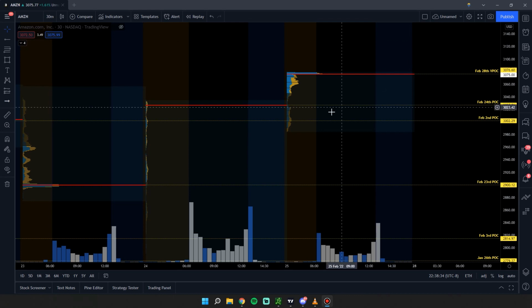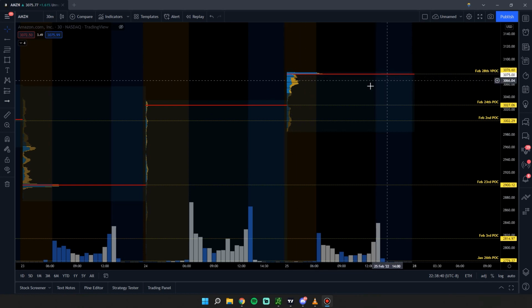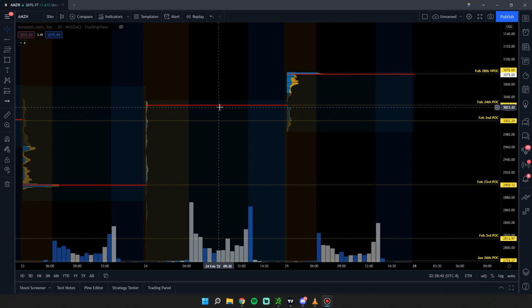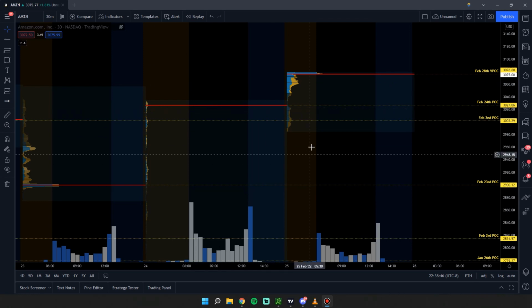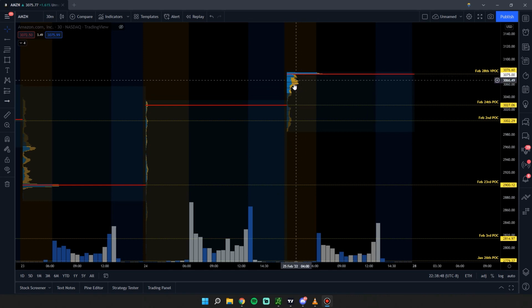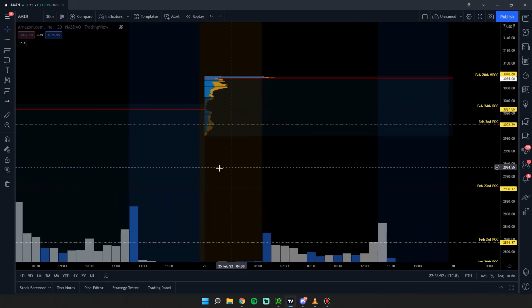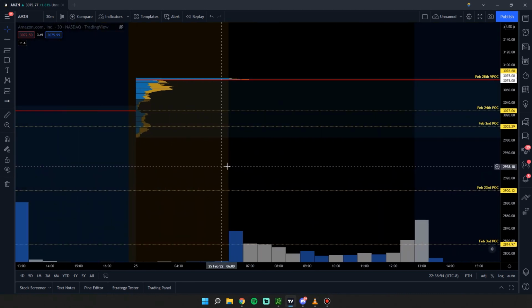Right now, I'm looking at Amazon 30-minute, which is where you want to chart your POCs. The POCs are going to be these red lines on the charts. And again, I covered this in the last video. I'm not going to talk about POCs again. But POCs are part of your volume profile. The volume profile, you can see here, is